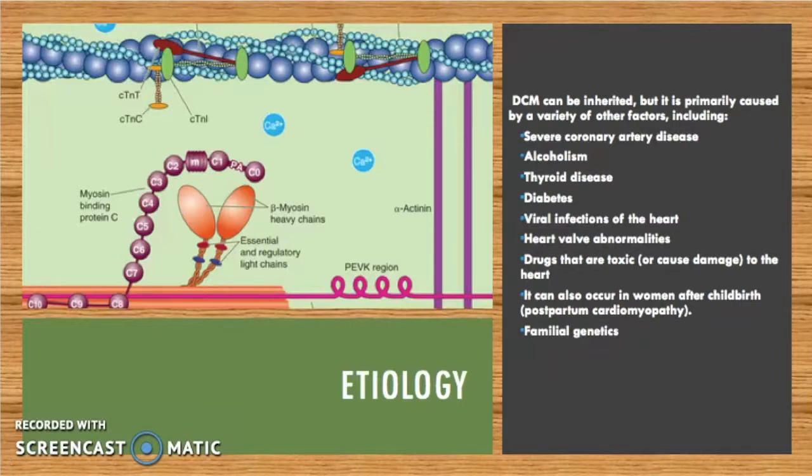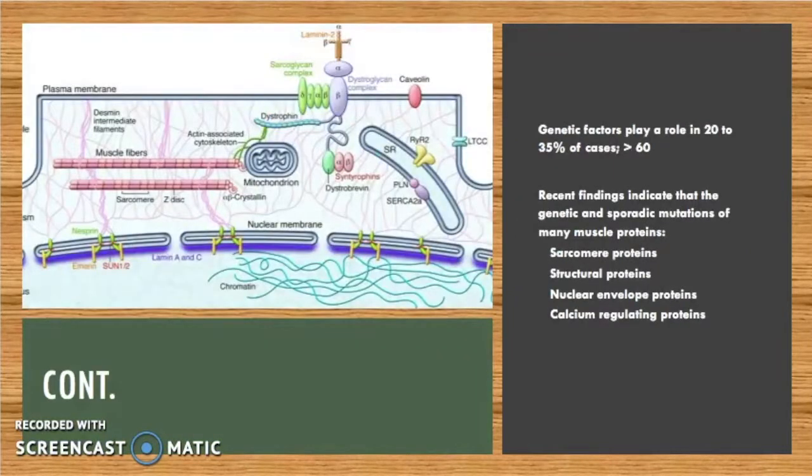Sudden emotional stress and other hyperadrenergic states can trigger acute dilated cardiomyopathy that is typically reversible. An example is acute apical ballooning cardiomyopathy. In this disorder, usually the apex and occasionally other segments of the LV is affected, causing regional wall dysfunction and sometimes focal dilation. Recent findings indicate that the genetic and sporadic mutations of many muscle proteins, such as sarcomere proteins, structural proteins, nuclear envelope proteins, and calcium regulating proteins,